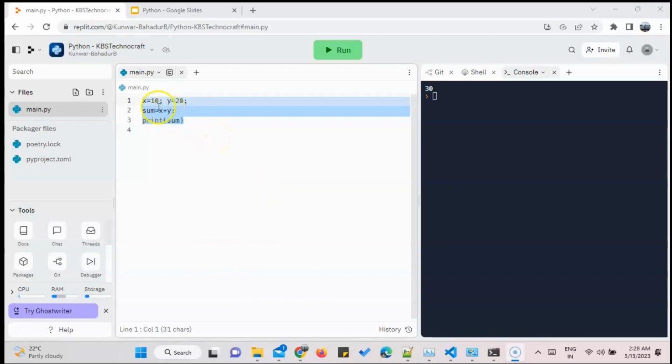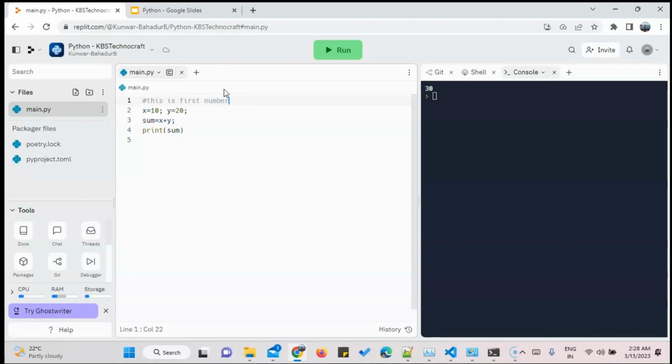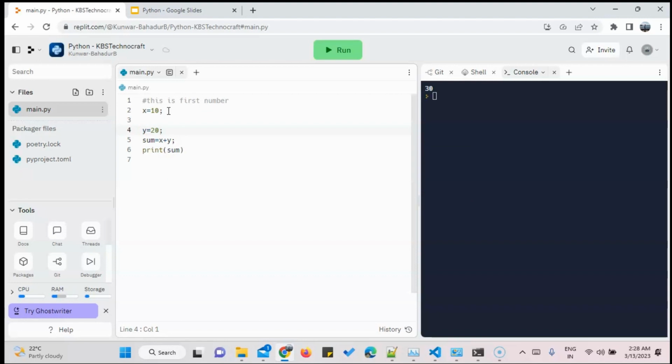Now we will see how to define comments, how to put comments in this Python code. Python allows you to add comments by using hash. For example, this is the first number, and then for adding a comment in the next line, this is the second number, and sum of both the numbers, like this. So when I run it,